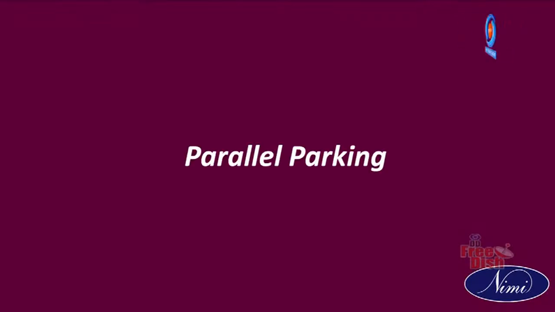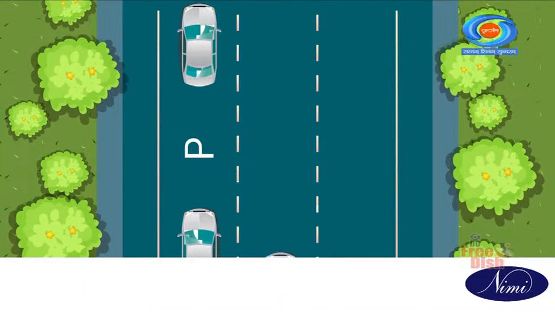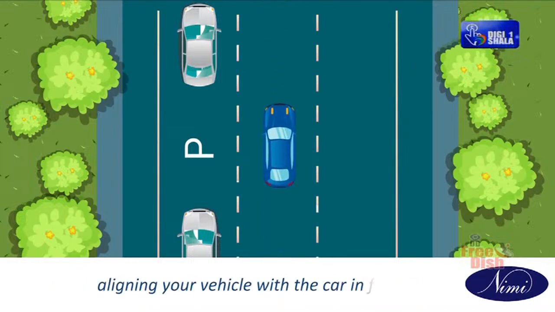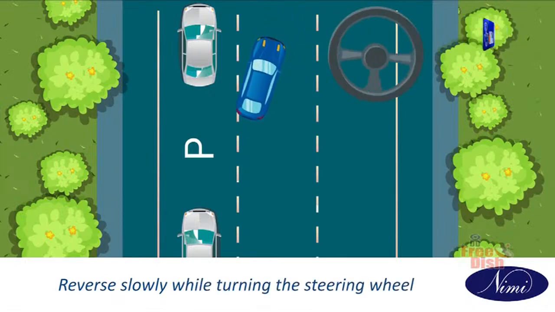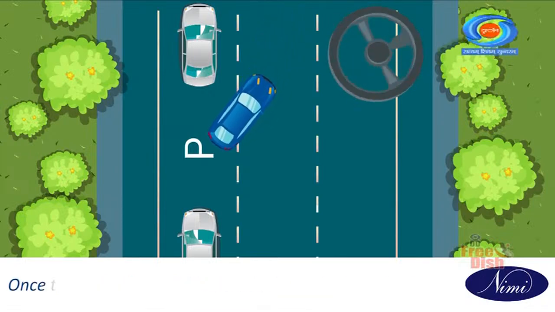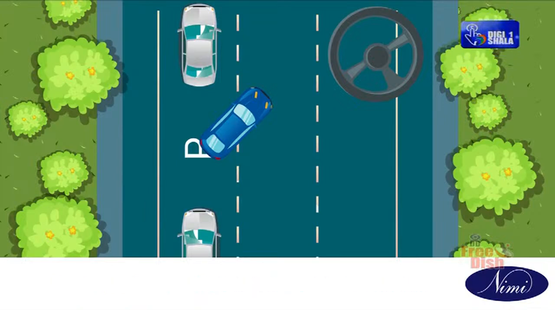Parallel parking. Approach the parking space at a 45-degree angle, aligning your vehicle with the car in front. Reverse slowly while turning the steering wheel towards the curb. Once the front of your vehicle is in line with the rear bumper of the car in front, straighten the